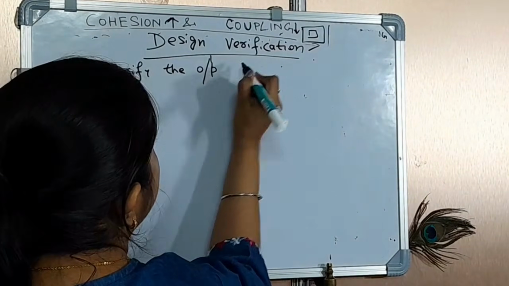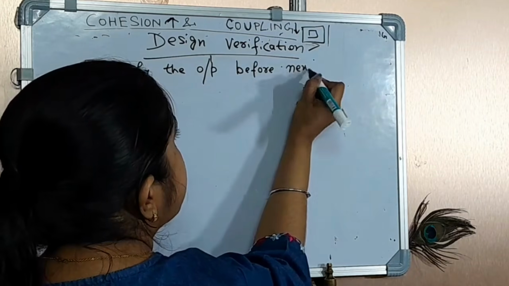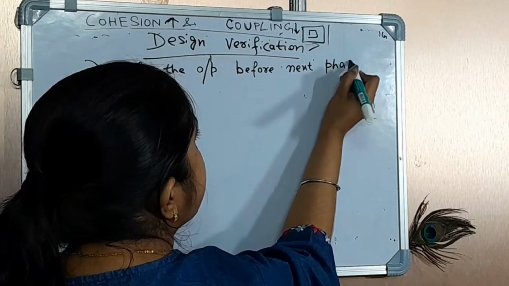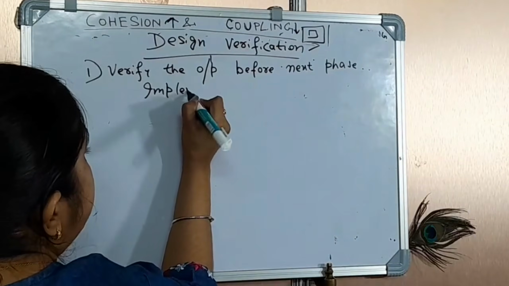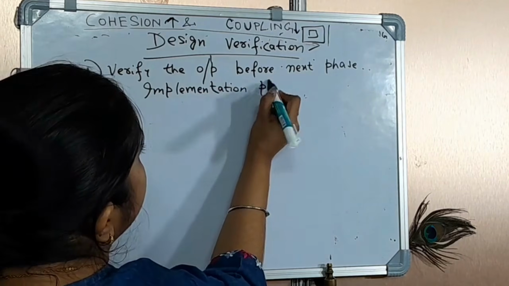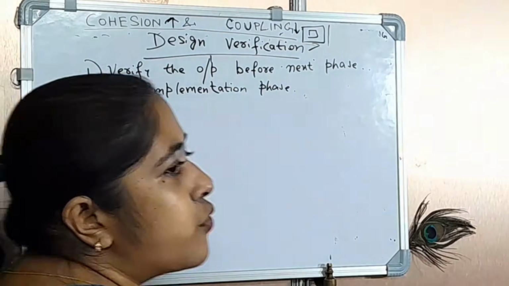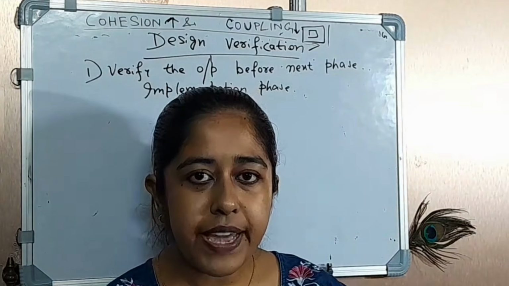Verify the output before the next phase. What is our next phase? The next phase is our implementation phase. So what we have to do before we go to the implementation phase is verify these